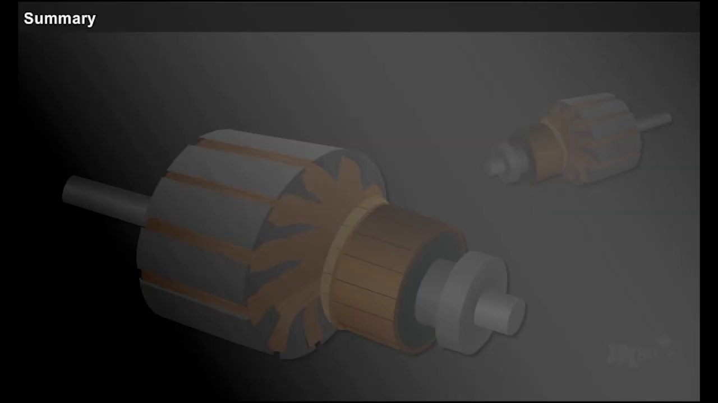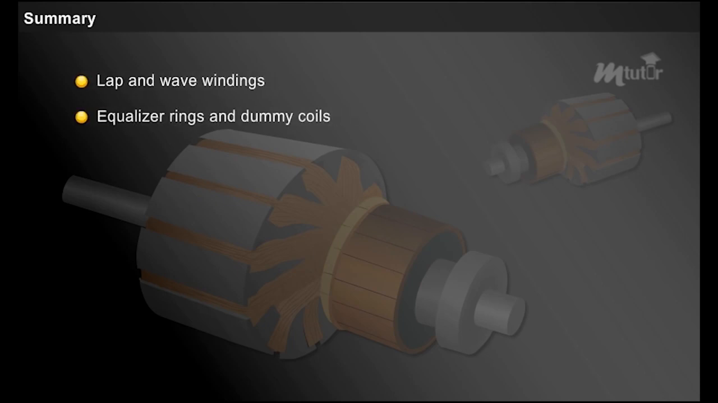This brings us to the end of the lesson. In this lesson, we have learnt about lap and wave windings, equalizer rings and dummy coils,